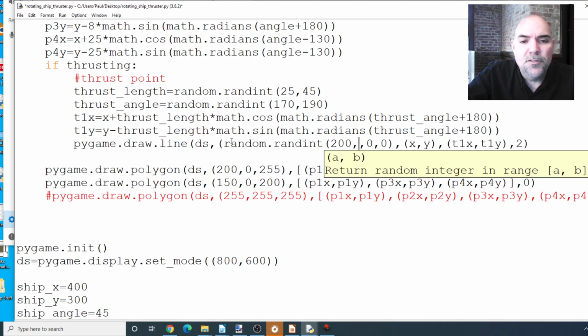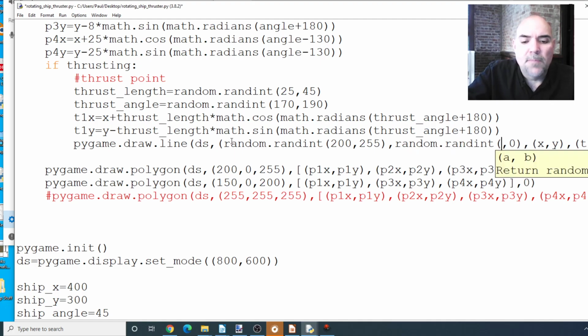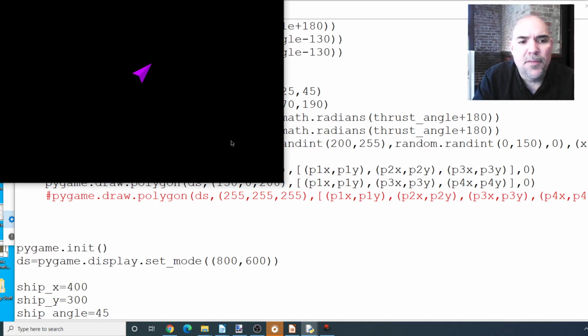Let's make this between 200 and 255. And let's add a little bit of green in here too and make this 0 to, I don't know, let's do 150 and see what that looks like. So adding a little bit of green in, we'll add some yellows and some oranges, but without any blues. All right, let's see what we get. Okay, so there's my thruster. Now,